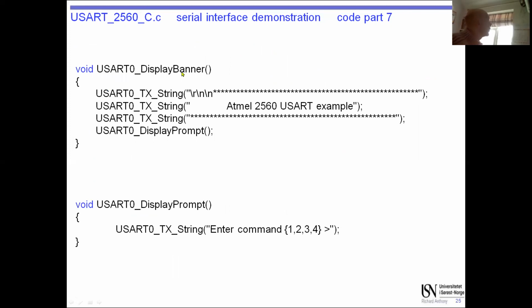And then this is the banner, which is displayed at the beginning. So it just displays some stars and then some text and then some stars. And the prompt is this enter command text. So you can see, if I just now go back to running the code,